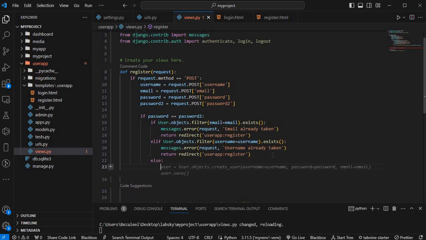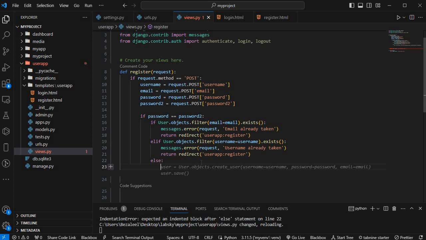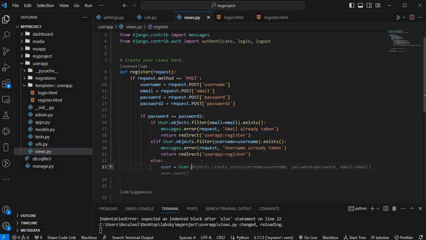Now, if the user email does not exist and the username does not exist in the database already, so else, let's create a variable called user. User will now equal User.objects